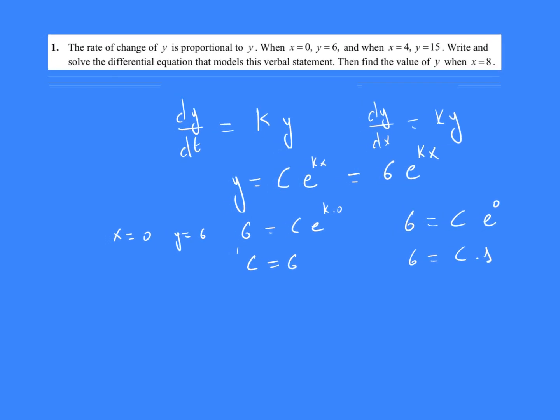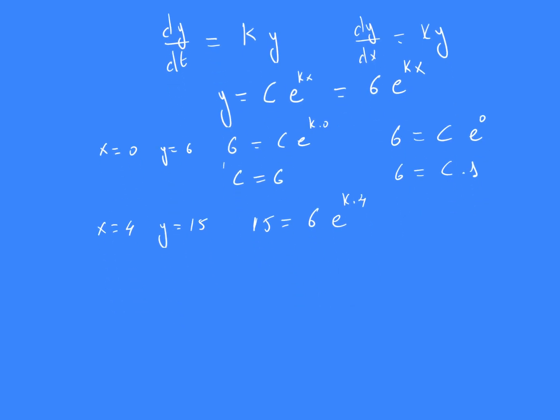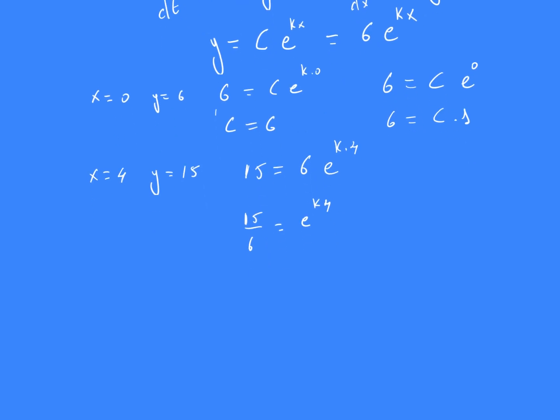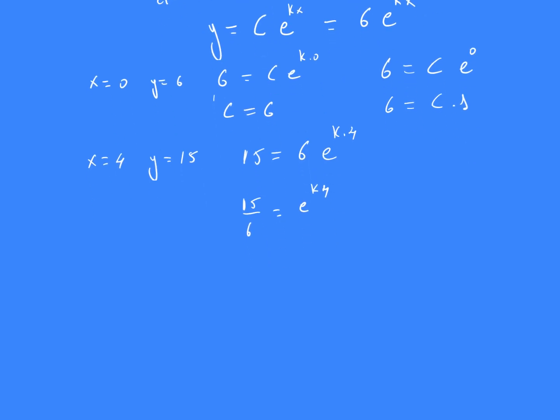But the second piece of information says, when x equals 4, y equals 15. So 15 equals 6 e to the 4k. And this allows me to find the k. How will I find the k? 15 divided by 6 is e to the 4k. If I take the natural log, it will be the natural log of 15 divided by 6